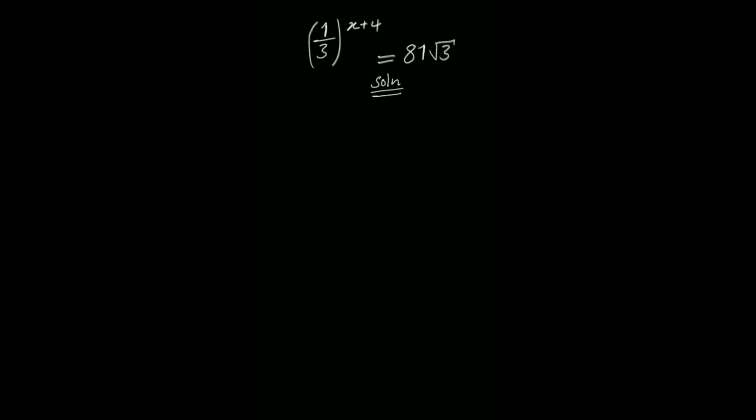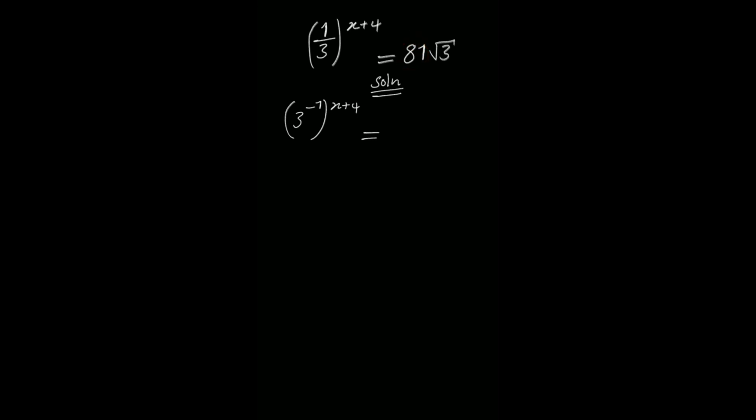Now here, the first step we do is to convert the numbers into indices, that is, into powers. Now 1/3, that is 1 over 3, can be expressed as 3 raised to the power of -1 (x plus 4). This is equal to, again,